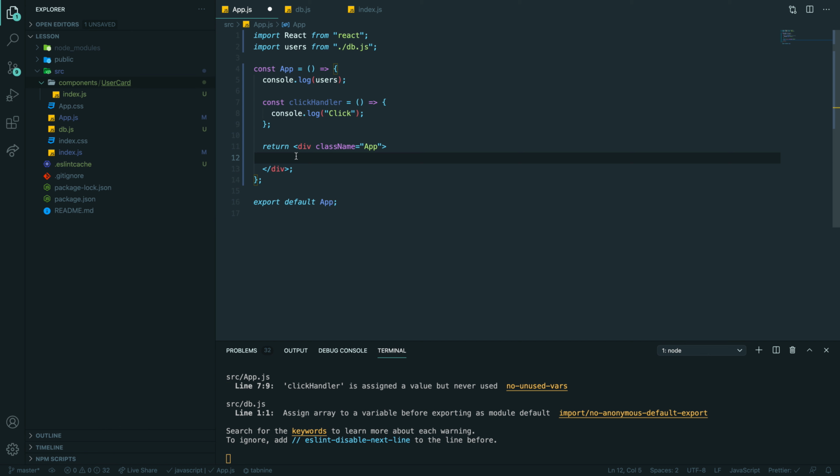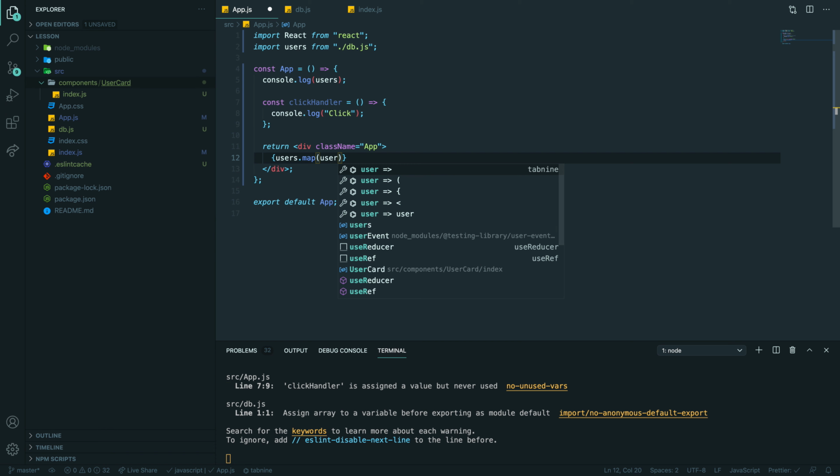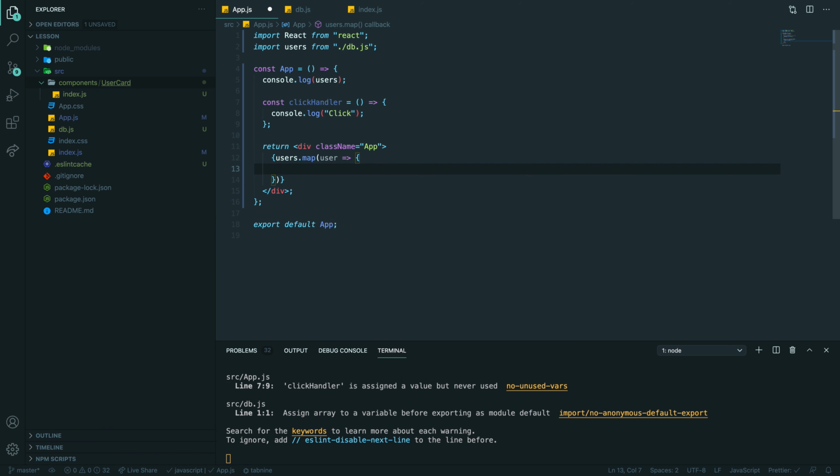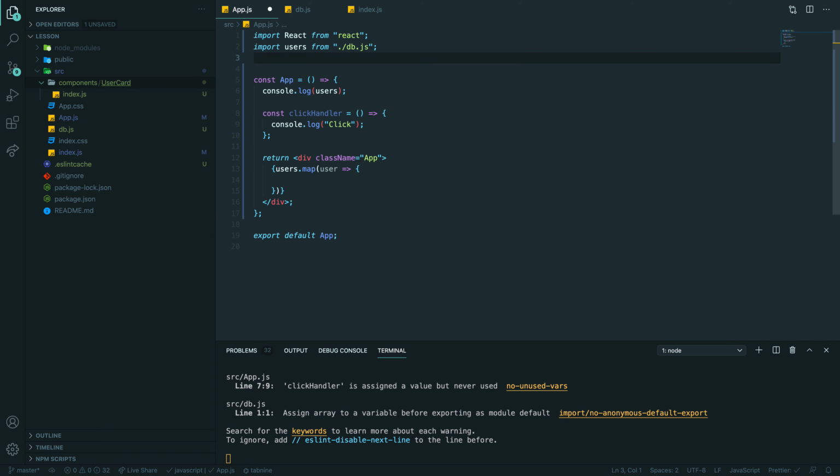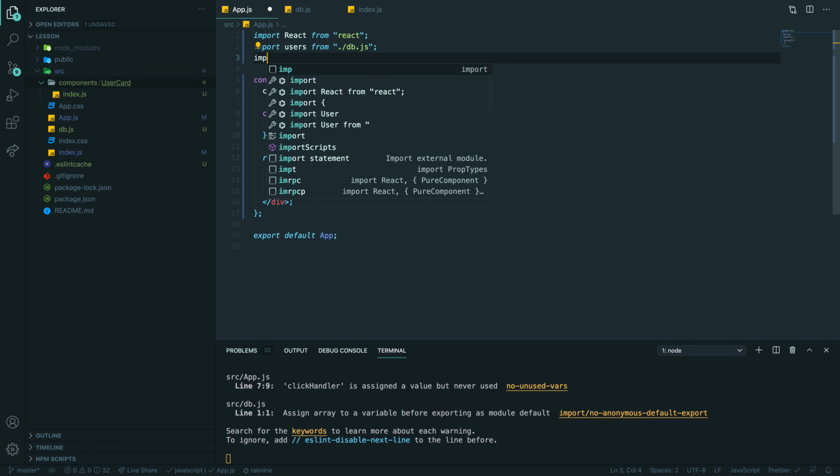Map? Yep, map, exactly. So here, if you want to inject JavaScript into your HTML, you always put curlies. So now you have users.map, and you have your user, right? And I want to use my user card. So I need to import my user card, because this is a separate component.